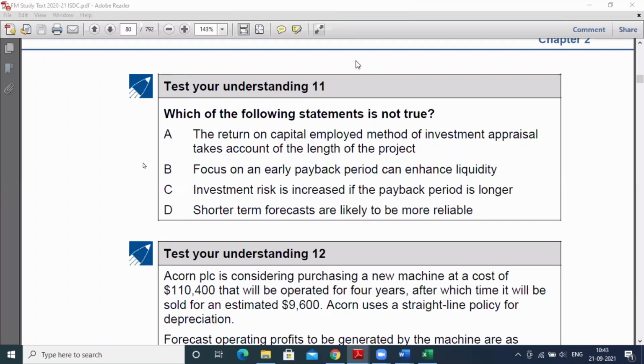So 3 or less than 3 is accepted. Yeah, obviously, generally the project which has a shorter payback period is accepted. I agree with that, but I'm speaking completely from the investment perspective. From the payback period point of view, yes, that is true. If the payback period is less, it is always preferred. But the question is, what if the payback period is long, especially relating to the investment risk?